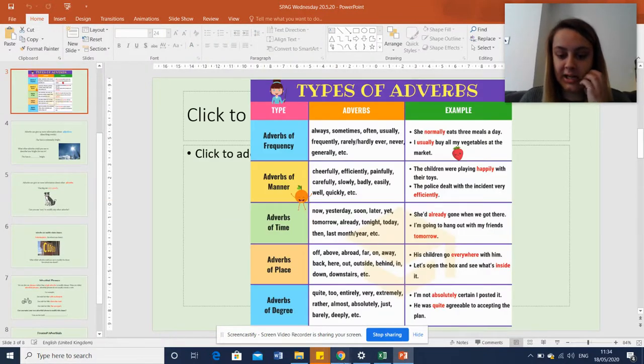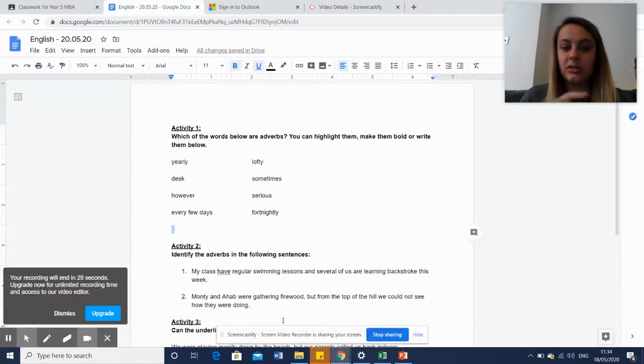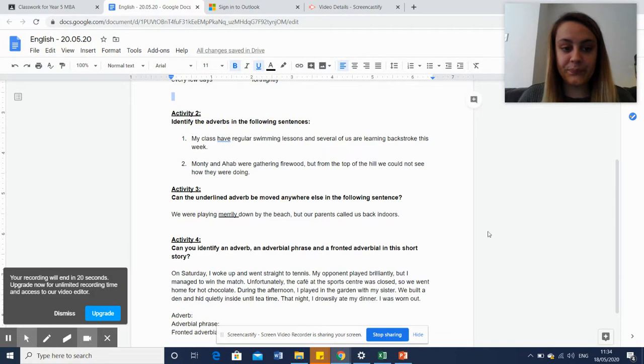Think about adverbials of time, adverbials of frequency, all of those different types of adverbs. Identify the adverbs below. Remember, adverbs don't always end in ly, and words that do end in ly aren't always adverbs. I know you're sometimes told that, but that's not true. So my class have regular swimming lessons. Well, if you look here, there is an adverb